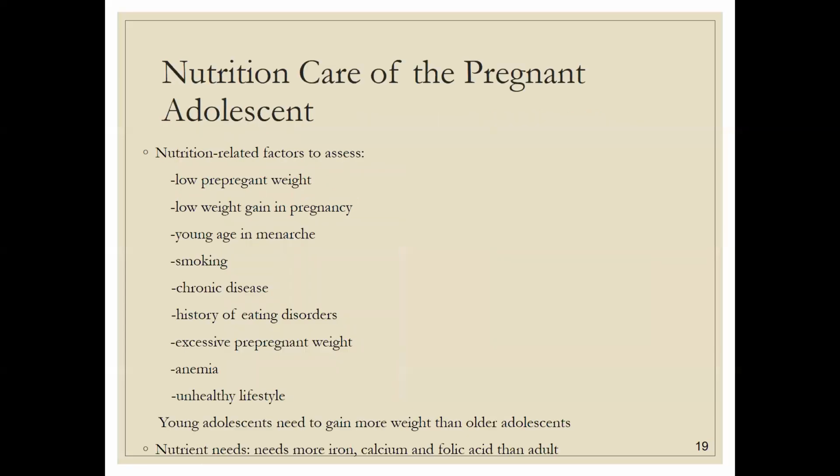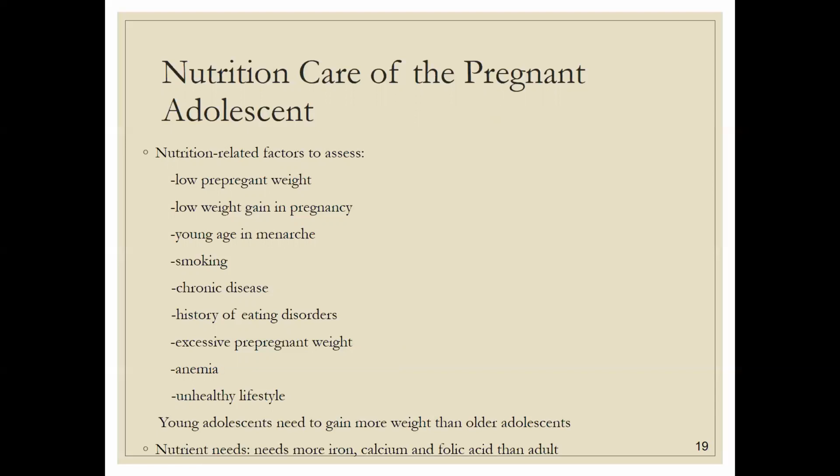Nutrition care for the pregnant adolescent. Young adolescents are more likely to still be growing, which can affect fetal development, because you have a mom that's still growing and now she's trying to grow a fetus as well. Most adolescent eating patterns are pretty irregular and change from day to day, depending on, oh, what are we having today? I forgot to bring lunch. It's kind of spur of the moment when they do eat, so they don't always make the best decisions.